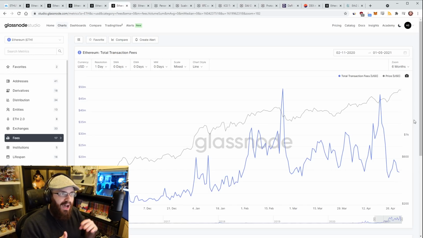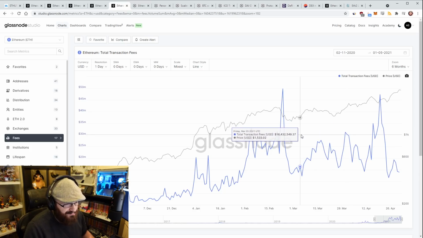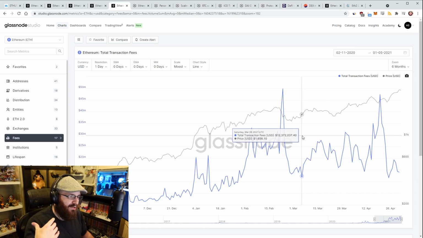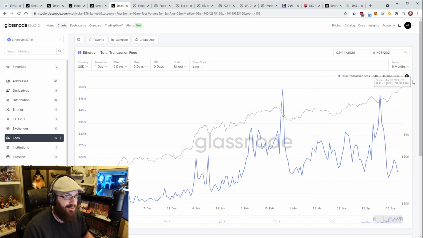And as I said, the higher the gas limit, the more transactions, and obviously the lower the Gwei price, but that doesn't mean that we get less fee revenue necessarily, right? Because you can see here, the gas limit was about the same back here, and we had even lower fees during March. So fees are highly dependent on network activity as well, especially arbitrage, and a lot of the arbitrage activity and front running and stuff like that has been taken into Flashbots now. So again, I think Flashbots counts a lot here. Obviously, the gas limit made a big difference here as well, but it's interesting to see how this is playing out.